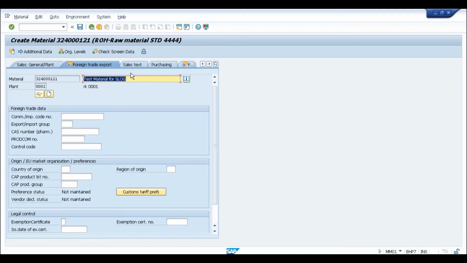It was basically used to comply with the foreign trade regulations. Now, you must also be aware that apart from foreign trade management, there was another component called Global Trade Services, SAP GTS. Foreign trade management was the component which was available within the ECC.